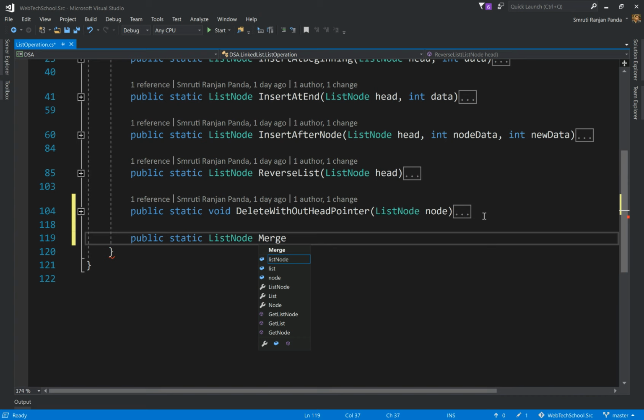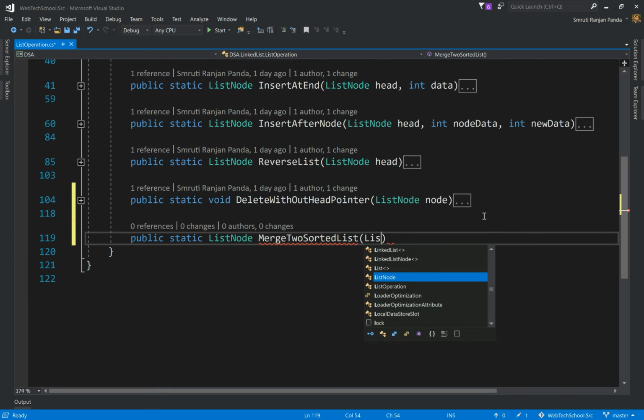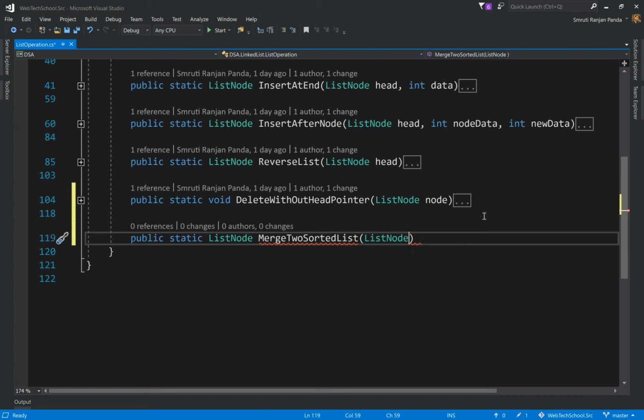We'll call this method merge two sorted lists, and it's going to take two lists. So let's pass two list nodes: L1, and another list node, L2.